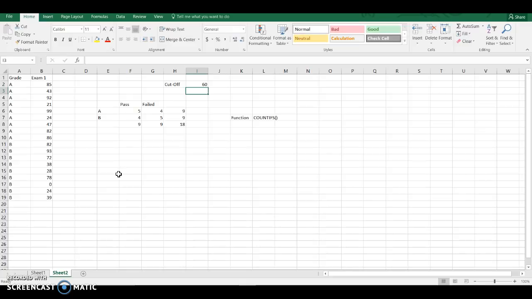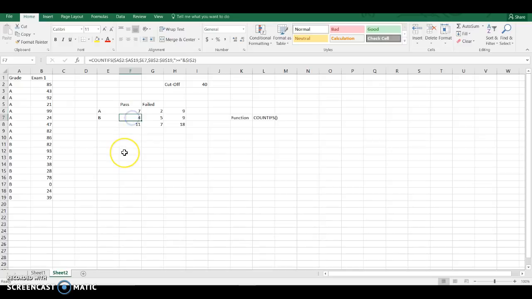Press enter. Nope, didn't see any change there. That's because there weren't any scores between 60 and 70. So maybe that's still not helping my pass rate. Maybe 50 is a pass rate. Nope, still not working. 40. Okay, there we go. So if I set my cutoff at 40, now I have allowed 11 people to pass,